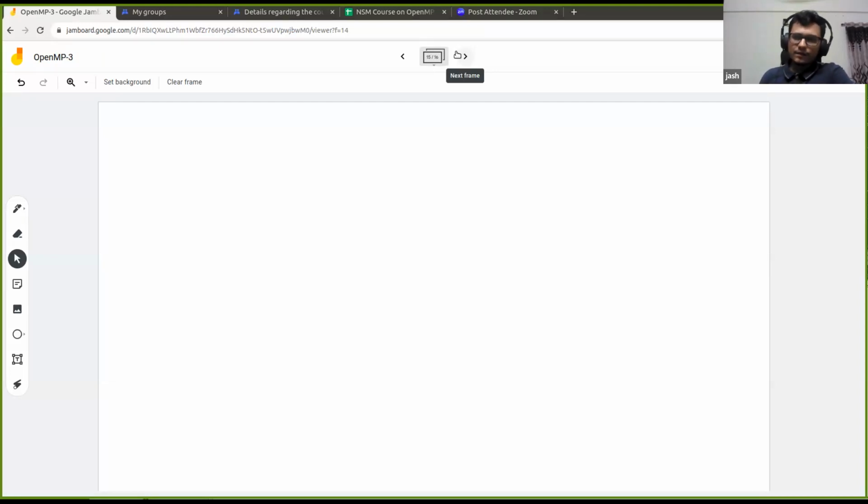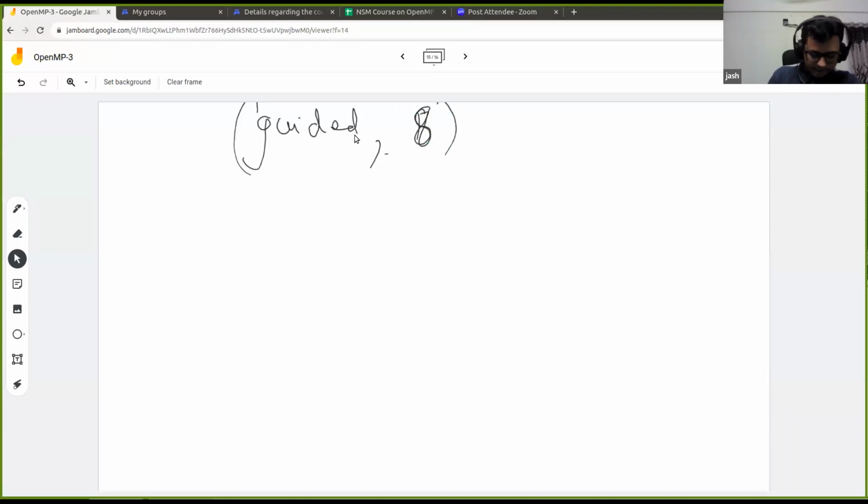So in case of guided kind of schedule, let us say that you are using guided comma, let's say you are using a chunk size of 8 for a guided kind of schedule. Right. Now, the way the scheduling is being done is based on this chunk size.